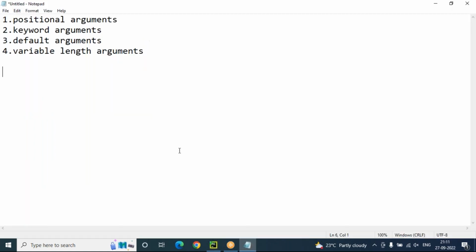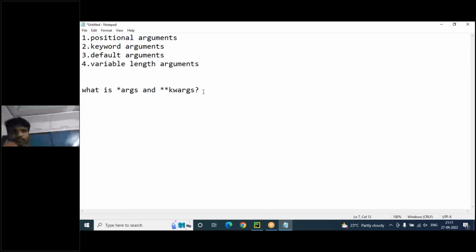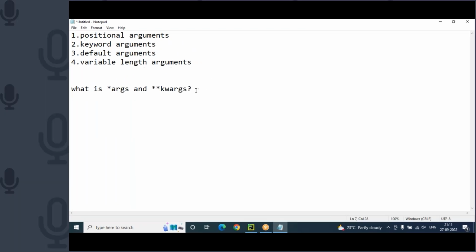Just wait a minute. Generally, in most of the articles, you are going to find star args and star star kwargs. What is star args and star star kwargs? Okay. See, star args means Mr. Pratap,